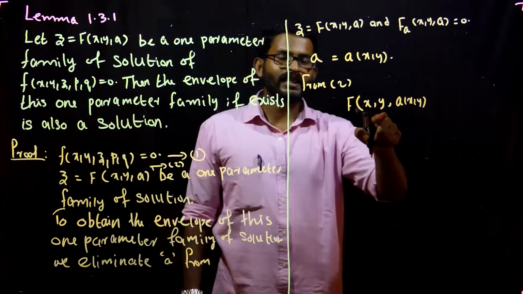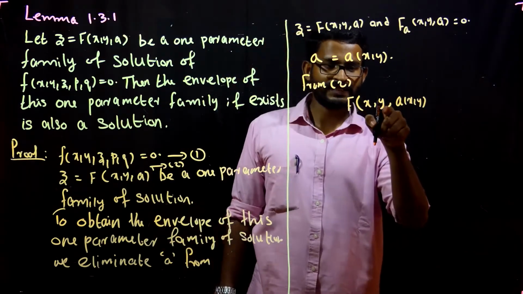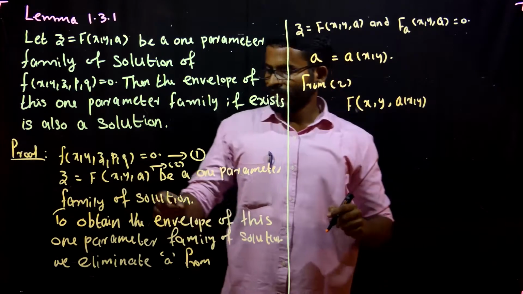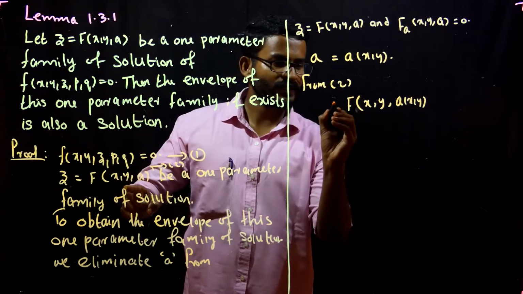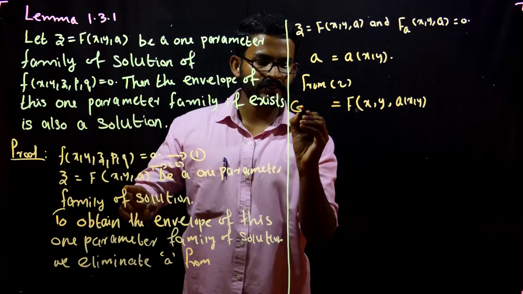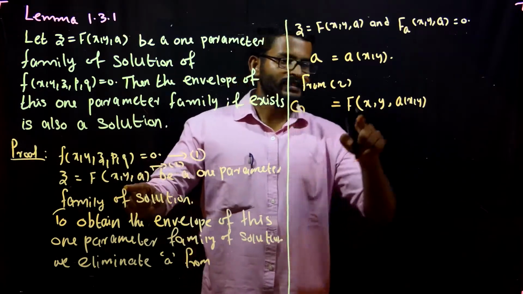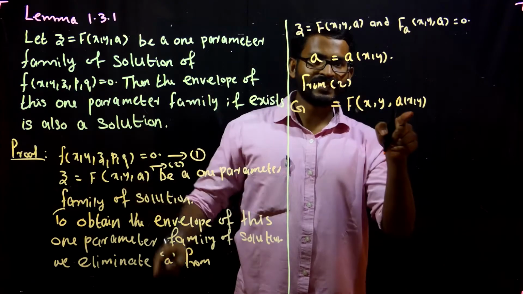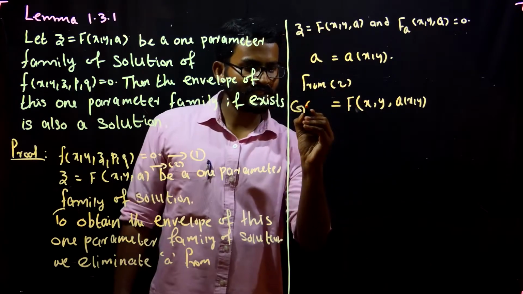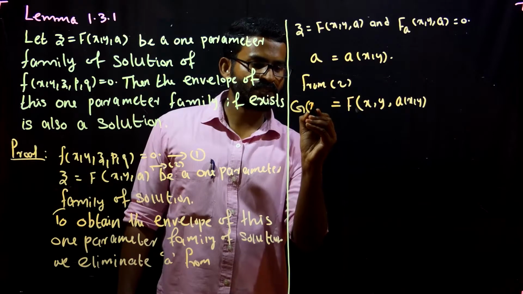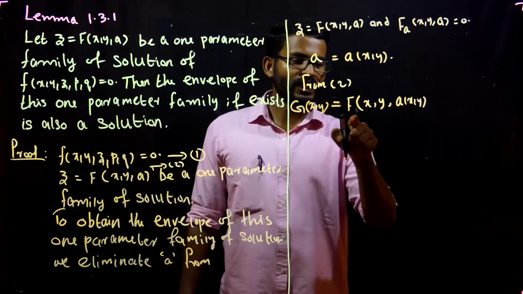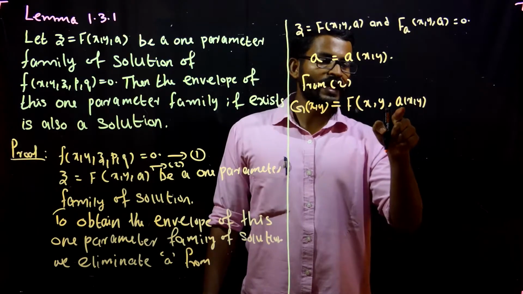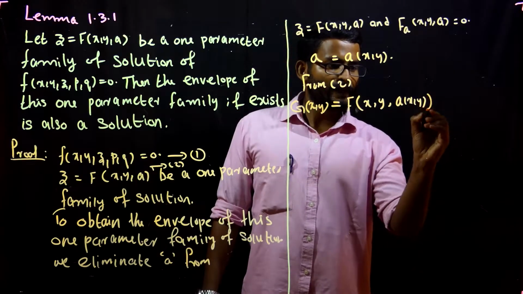Now this is the envelope of equation number 2, and we denote it as g. Since there are only two variables x and y, of course g is a function of x comma y. That is, g of x comma y equal to f of x comma y comma a of x, y